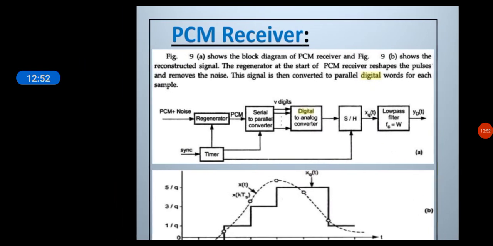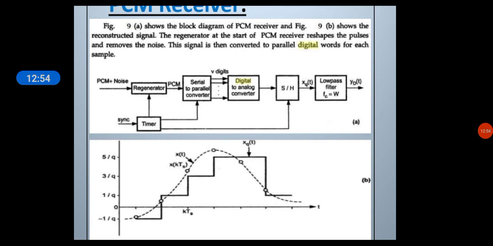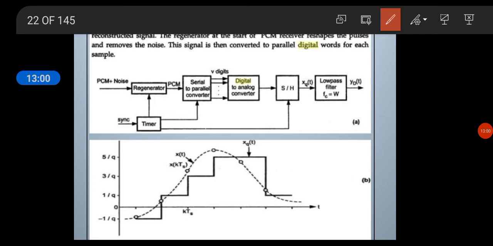So next we are going to discuss the PCM receiver. The PCM receiver is here. We know that a transmission channel will be a wired channel. In a wired channel, due to the aging of the cable or other environmental effects, noise will be added to the PCM signal. In order to clean the PCM signal, we will be using several levels of regenerative repeaters. After the regenerative repeater, the output becomes cleaned PCM.